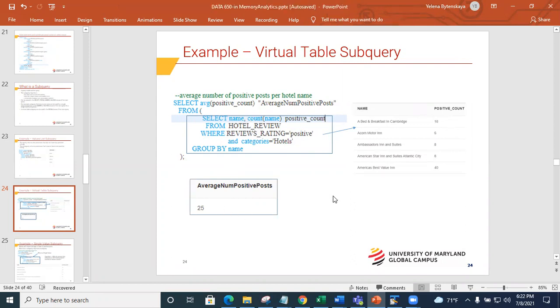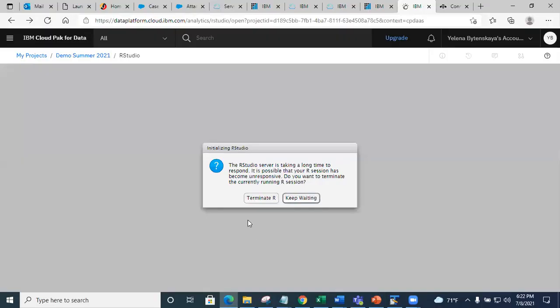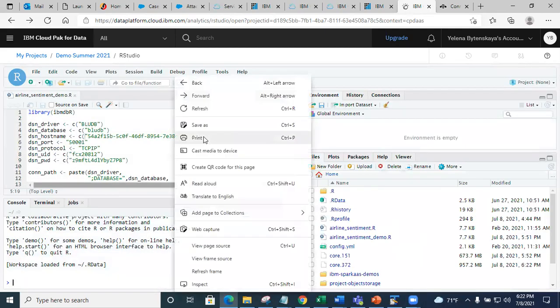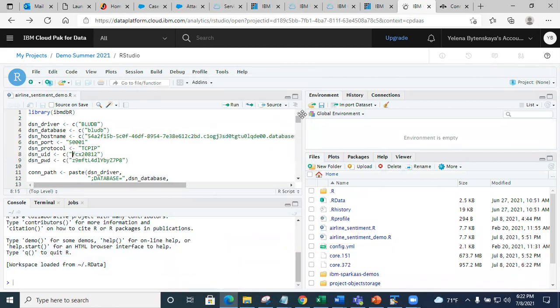So in other words, I want to look at, on average, how many positive reviews each hotel received. That's what it's doing.